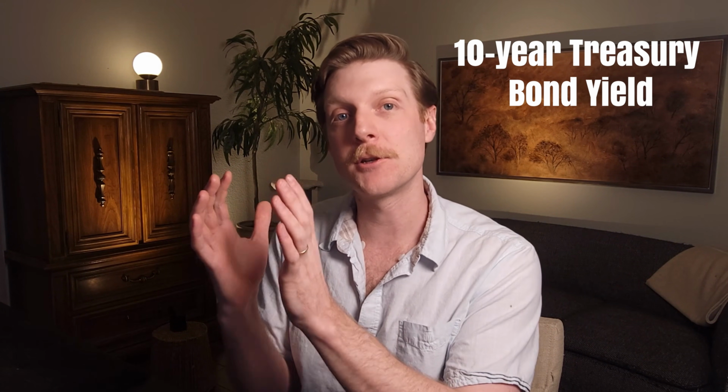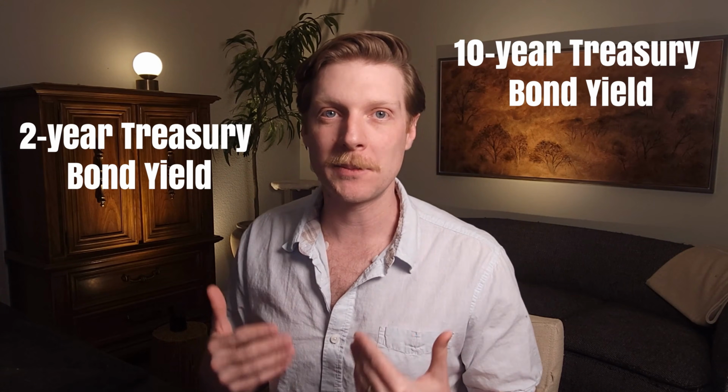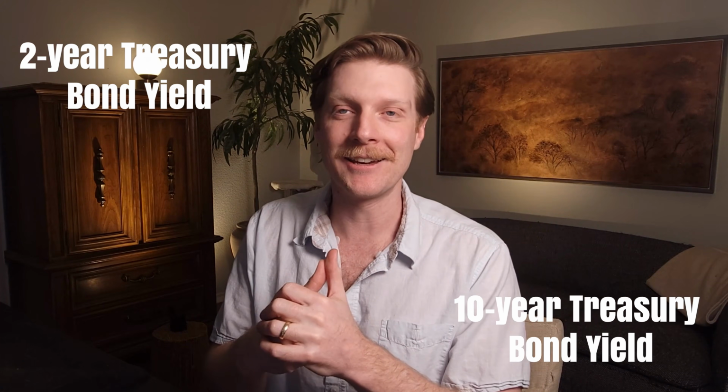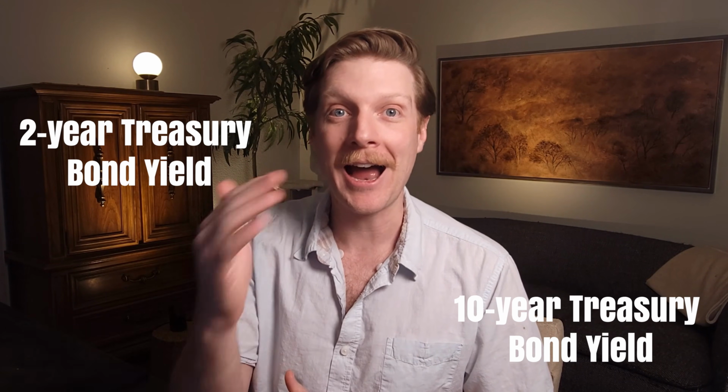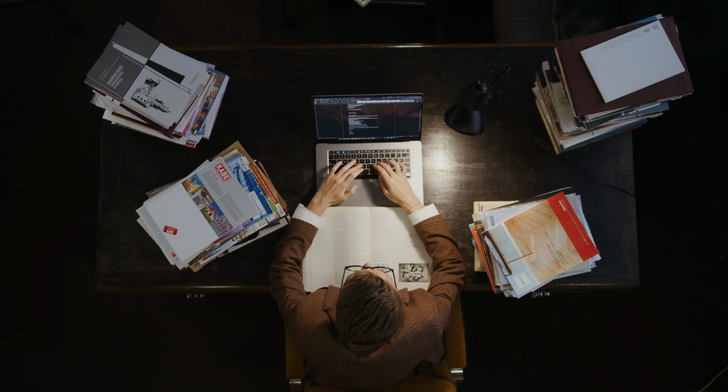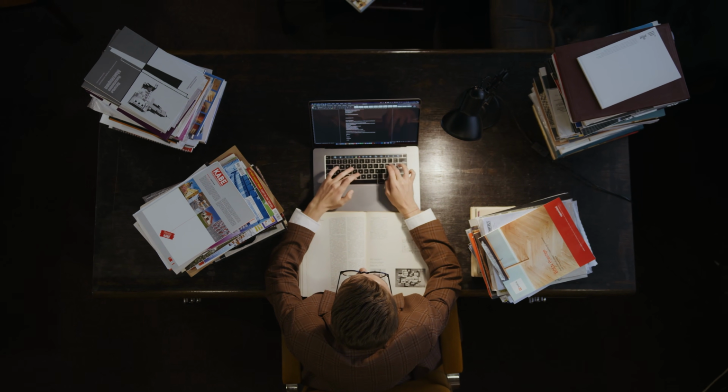Whereas if you lock your money up for 2 years in the 2-year bond, you would expect to receive a lower rate. Now, when those two invert, meaning the 2-year bond is giving you a higher rate than the 10-year, that is a major red flag. So why does that happen? The interest rates are reacting to market demand. So if a bunch of people are wanting to buy 10-year bonds, then the rate will go down